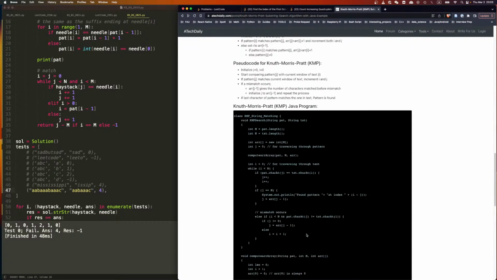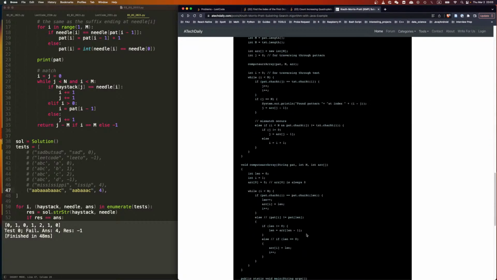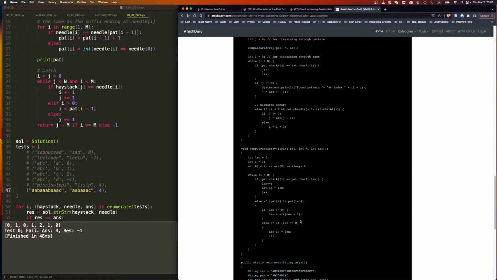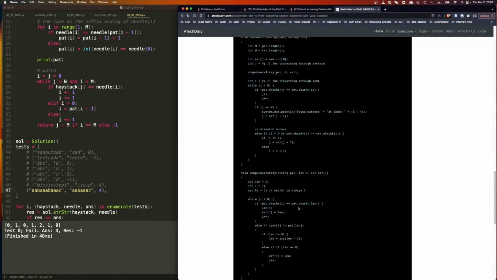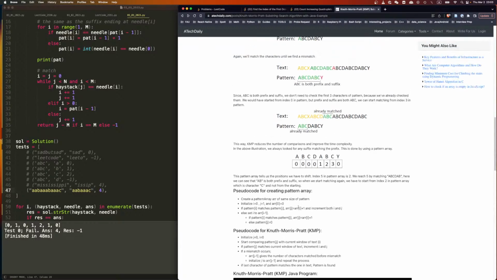What's the pattern again? If pattern I matches pattern J,